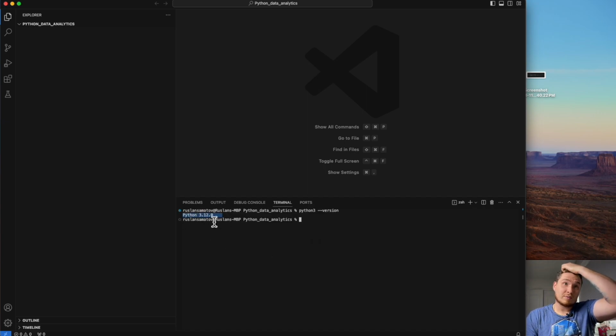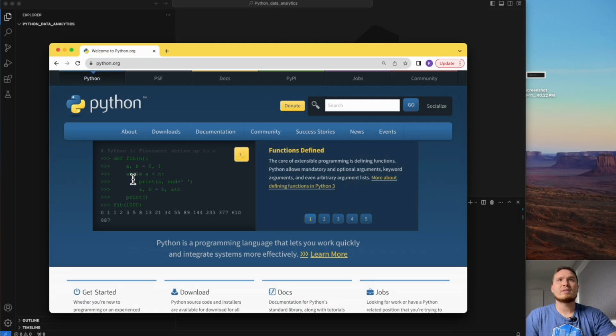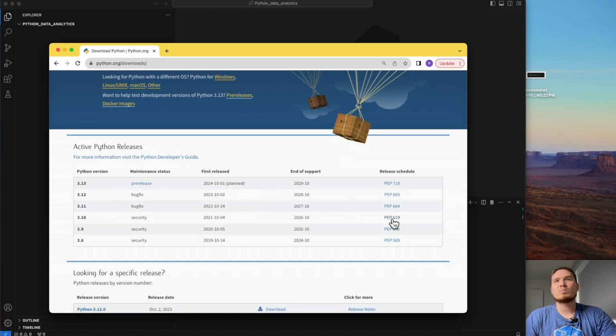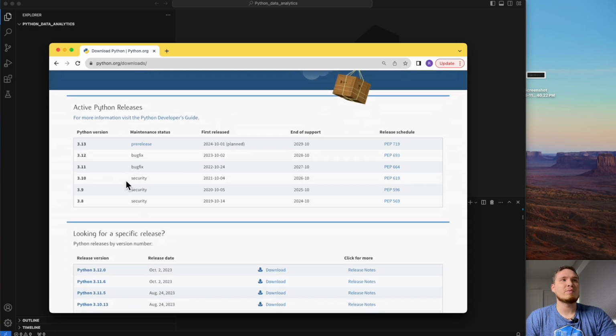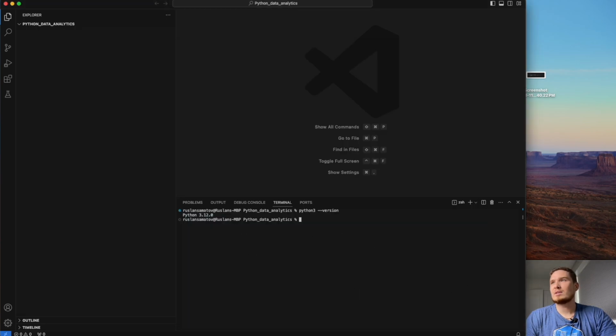If Python is not installed, you need to install Python, either using the extensions, or you can go to python.org, and I will leave the link below, you can install your Python there. You click downloads and you can install the version you prefer, 3.13, 3.12, just choose the version. I will leave the link below as well. For me, it's already installed. As soon as I have my version and I have my updates,